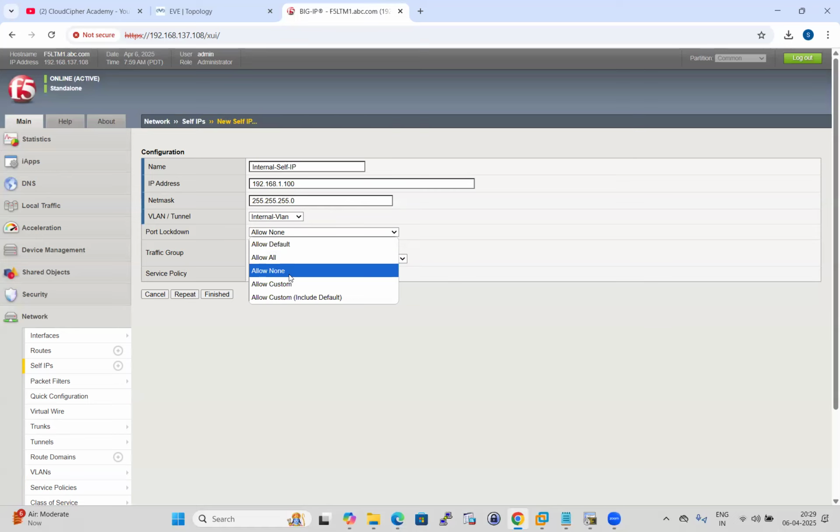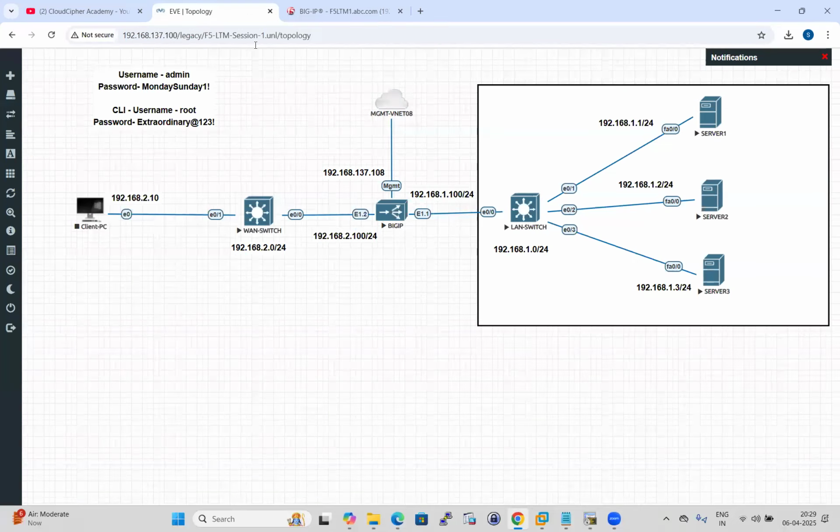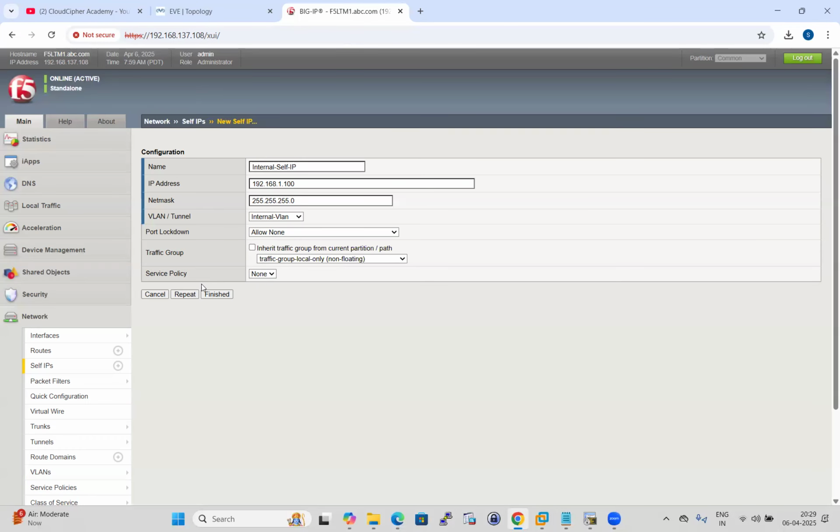Okay. So at the moment we can use allow none. And this is part of traffic group local only, which means this is the self IP, the actual IP of the interface. Okay. Non-floating IP address. So we have configured our interface 1.1. Okay. IP address for 1.1, that is fine. Then we need to repeat it and we'll configure our external